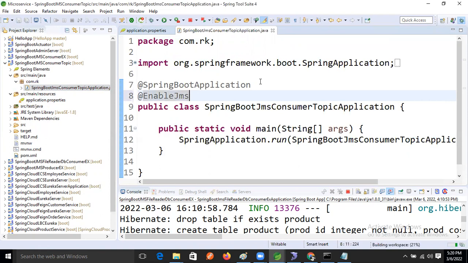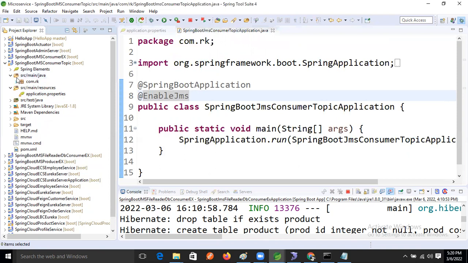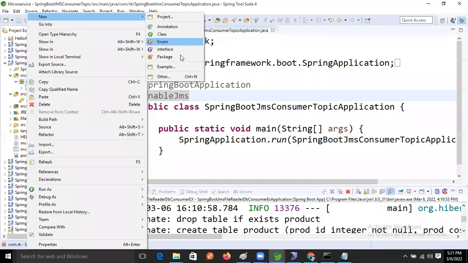Enable JMS. Now our JMS is enabled, guys. Okay. So next, what will we do now? Next, we need to write one listener method. So right click, new, take one class,